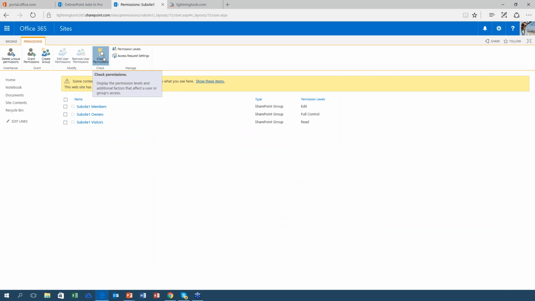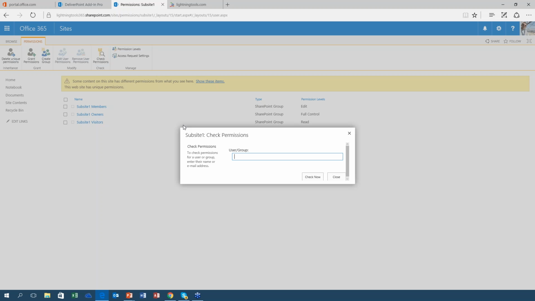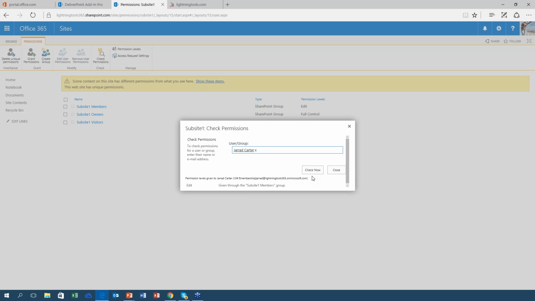So if we click on to check permissions, if we assume somebody's got permissions, we can actually go in and check what permission level they have been assigned. So in here, let's first of all enter Jared. So we'll enter Jared here. We'll hit check now, and what we can see is Jared has been given edit permissions, and that is through